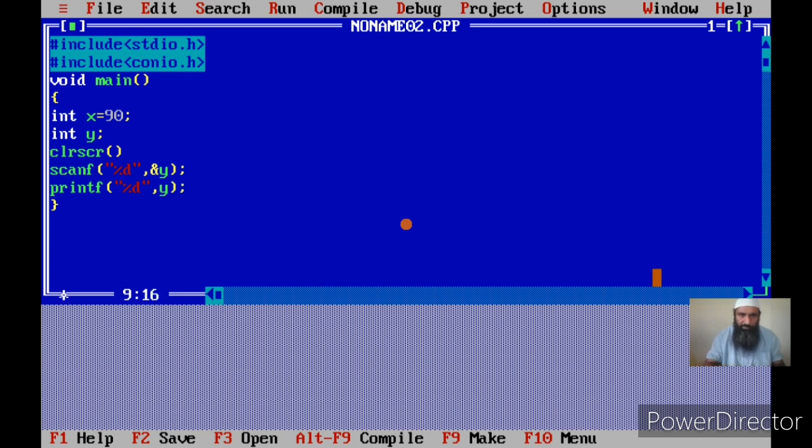Before this, I can give the message so that the user will understand what I am doing. Printf, enter the value of y. I am first using the integer data, even though I have to show you how we can use character data, but the same analogy can be used for the character variables also.